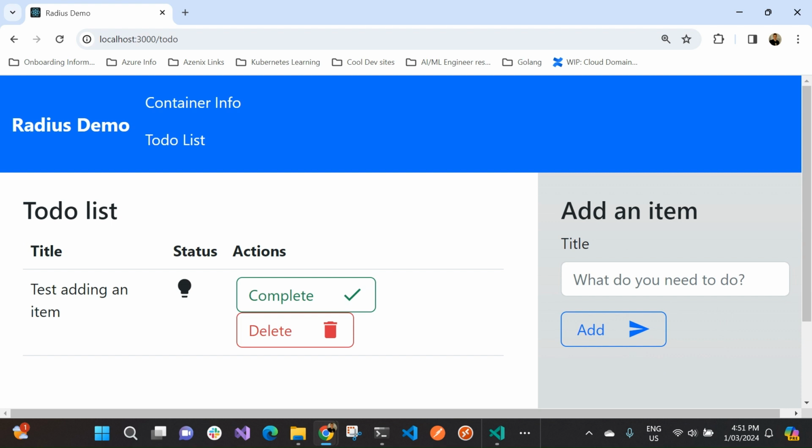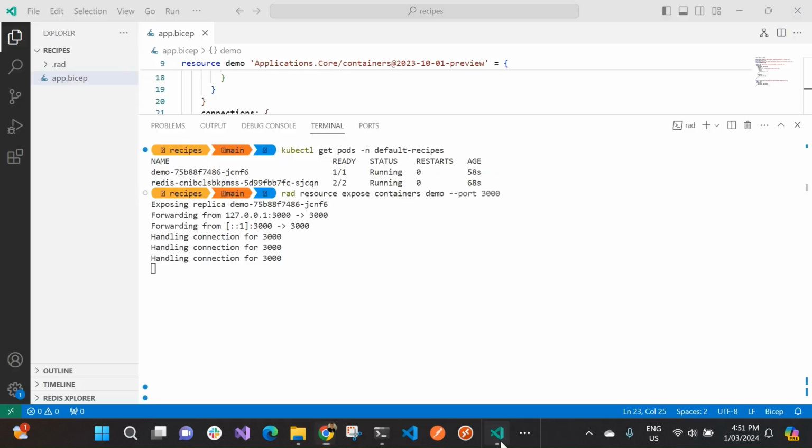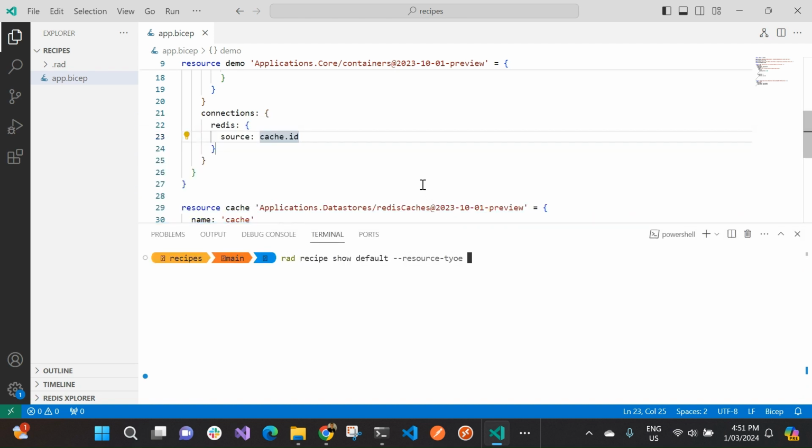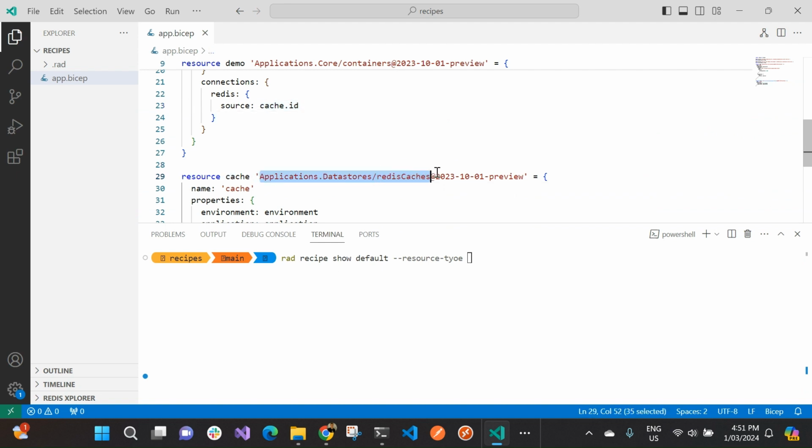Now, for using local recipes, that is pretty much all there is to it. There is another trick that we can use to actually learn a little bit more about the recipes that we'd like to use. So what I'll do is I'll just stop that container, clear that up, and then using the rad CLI, I can go rad recipe show in my default namespace the resource type. And then using this resource type, what I'll do is I'll just copy and paste this. This is the resource type that we're going to be using. If I spell type correctly, that'd be a good start. Just paste that. And then if I press enter,